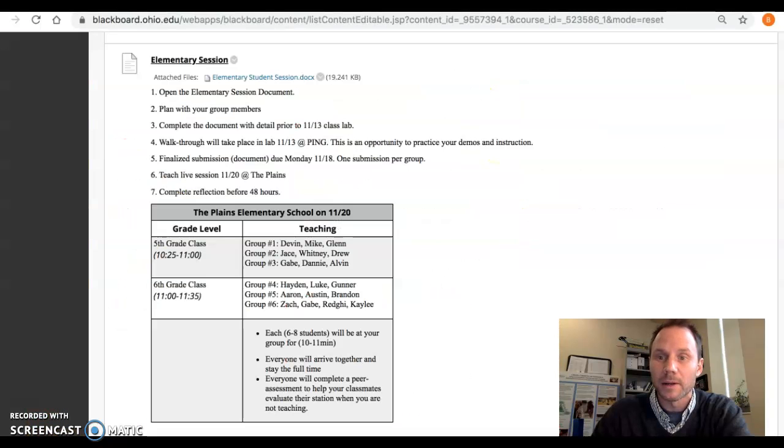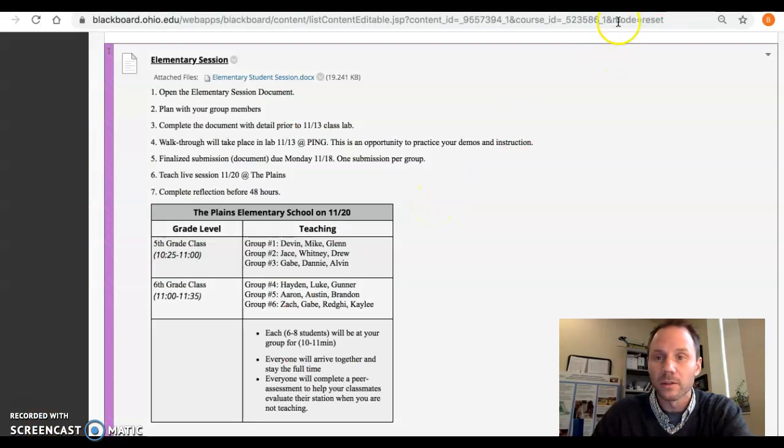So that's my recommendation for everybody. Look at these resources, but more importantly, you have to get together with your group here over the next week, because the next session at Ping needs to have every person in our class there with their group planning, running through these sessions. And then from there, we'll move forward to make these implemented at the Plains. But step one is getting